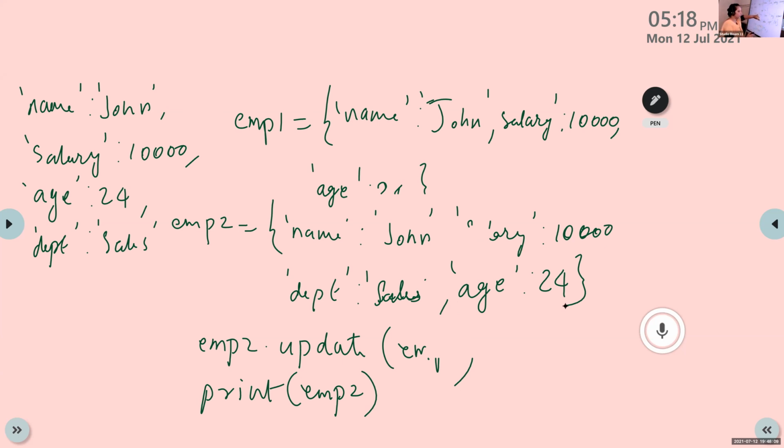In employee 2, the department key is there but it is not in employee 1, so we write department sales. Age is in employee 1 but not in employee 2, so we write age 24 here. If the same key is in both dictionaries, it will update the value. Otherwise, it will just add the value to the dictionary. Okay, is it clear?